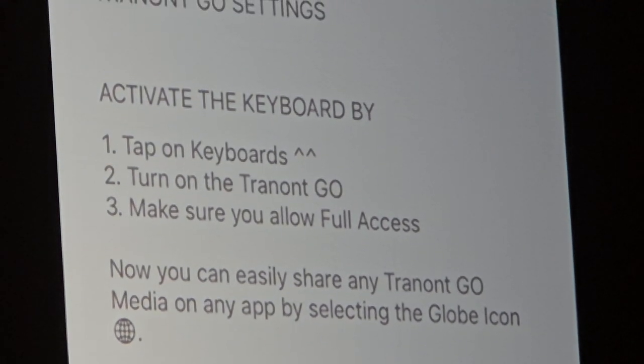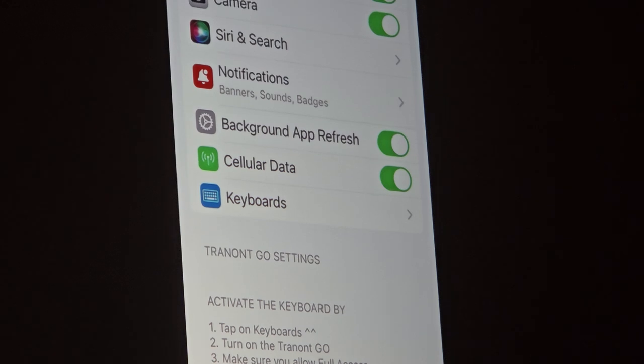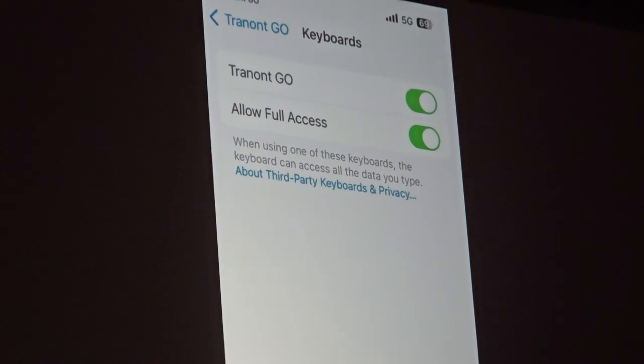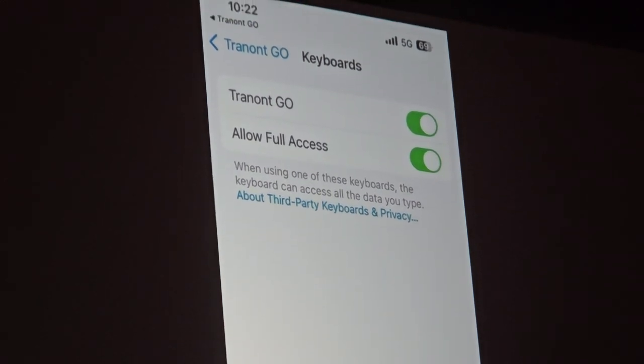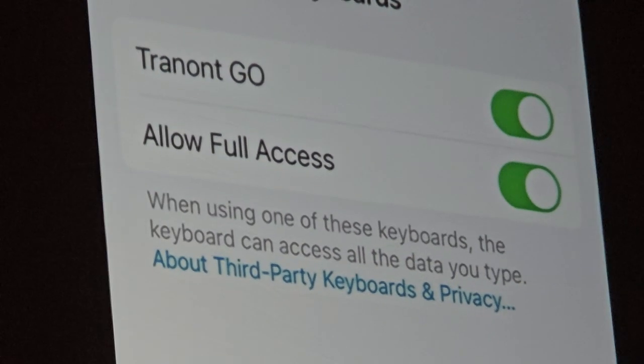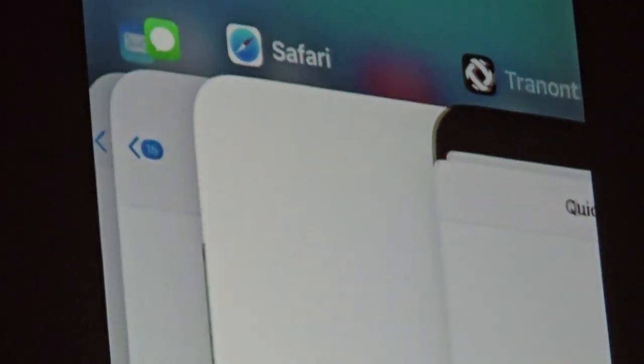So I'm going to tap on the keyboard button that's right above that, the one with the blue icon. This is now going to show that I can turn on the Tranont Go keyboard, and I want to make sure that both of those buttons are turned on and green. So now that we've done that, we're going to go back into,